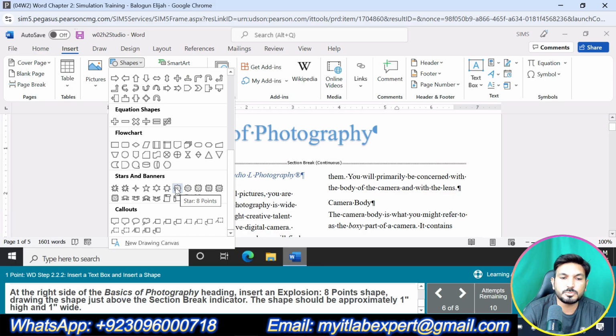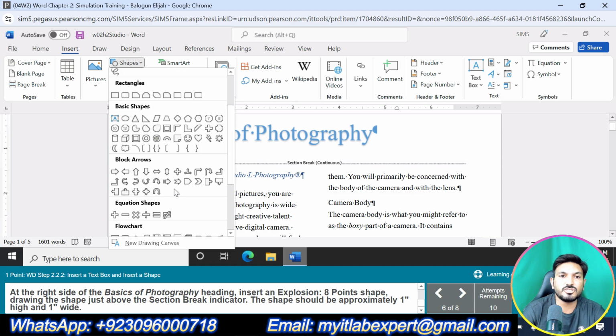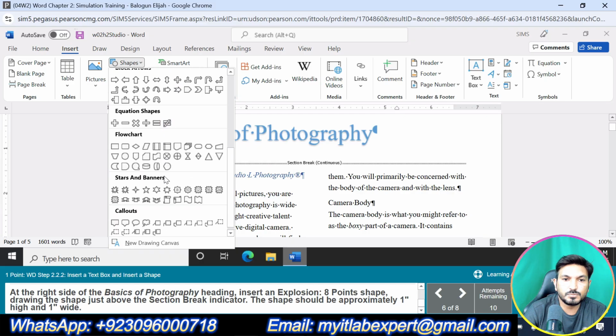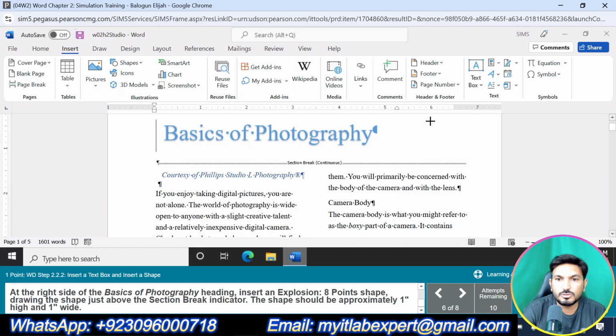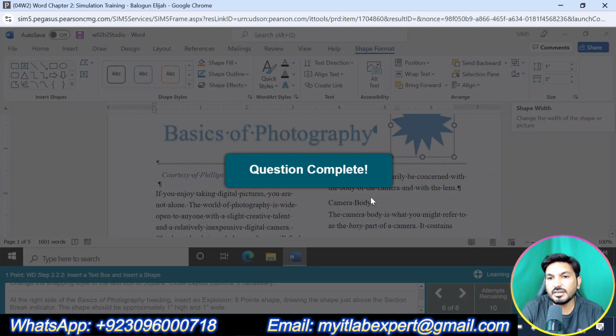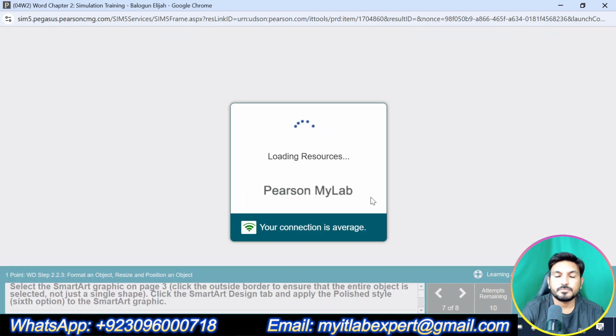The shape should be approximately 1 inch high and 1 inch wide. Explosion 1. Let me see. Explosion 8-point. This one, and we are supposed to drag it here. And we are done with this question as well.